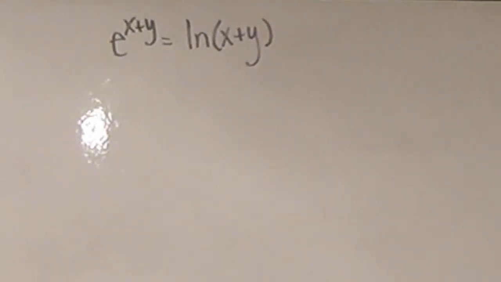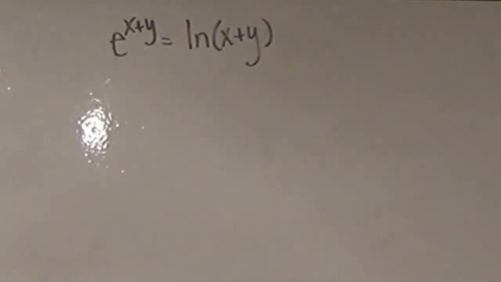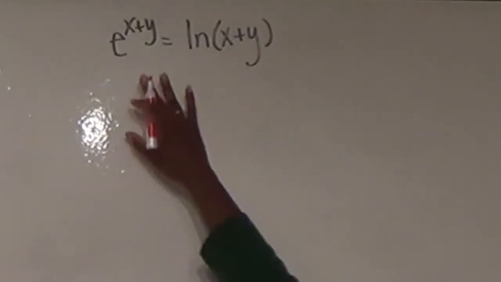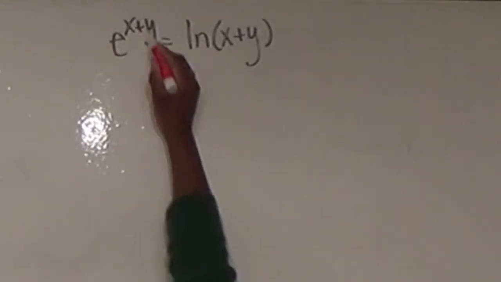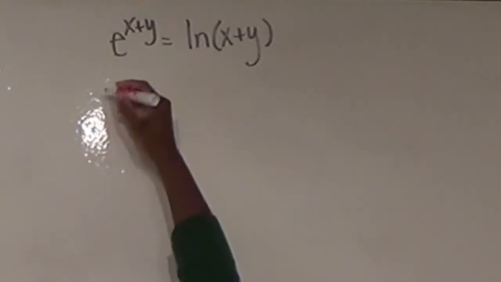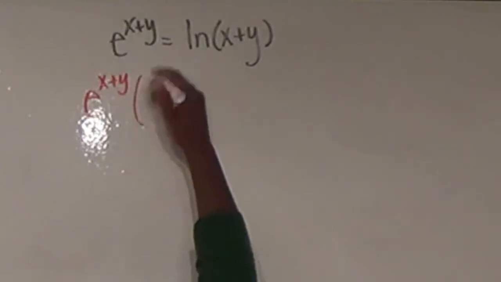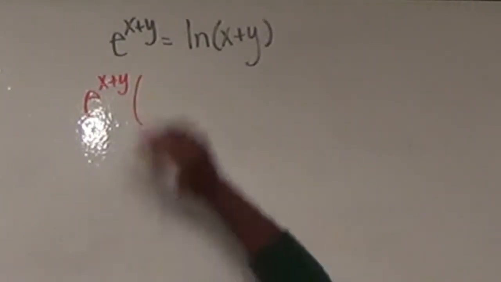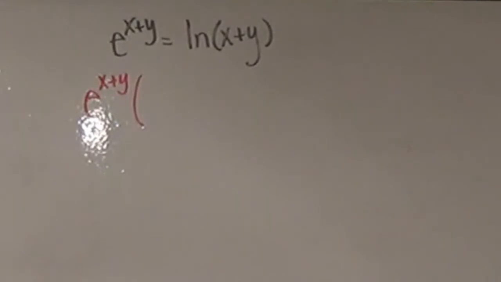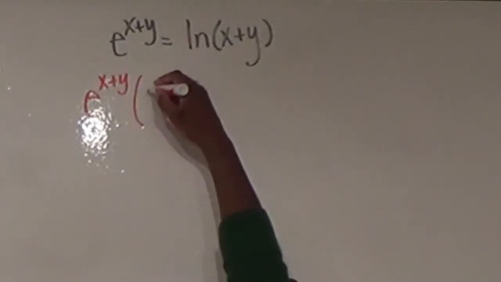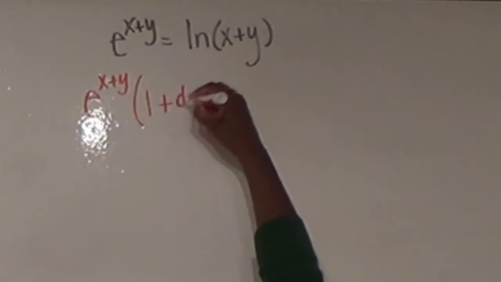Okay. In this next example, we have combinations of our exponential and our natural log. So we've got e to the x plus y equaling the natural log of x plus y. Okay. Again, for the e, I can think chain rule because again I have something other than x there. So the derivative is going to be e to the x plus y times the derivative of x plus y. In this case, it's not a product rule anymore because I have that plus sign in there. So the derivative of x plus the derivative of y